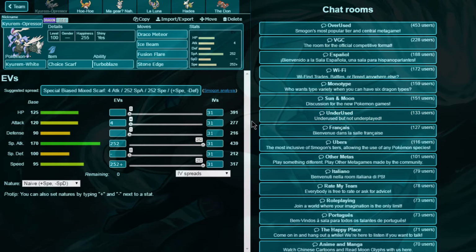But we have Kyurem White with the Choice Scarf this time. Last time I used Roost and Life Orb, and it was pretty good. But today we have this with a Scarf. We have Draco Meteor, Ice Beam, Fusion Flare, and Stone Edge. It has a physical Stone Edge, probably to hit